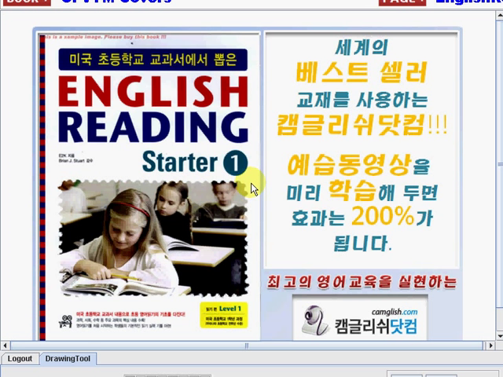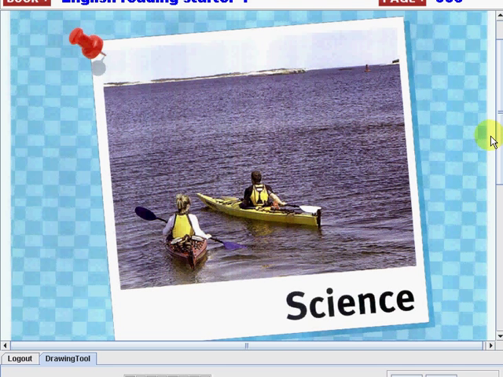I am glad that I am here to help you to make known and be knowledgeable about English. We will learn many things using this book, English Reading Starter 1. Come and join me learning the essential information in this book. As you can see, this is the front page of this book. So we will learn new things about science. Let's see how science influences the life of the people. Let's start.